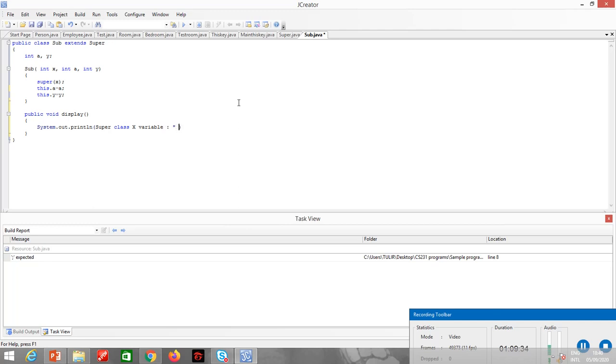I will print both the superclass and the subclass, so the superclass variable will be printed twice. And I just print here system.out.println: subclass variable a and y, plus a plus y.